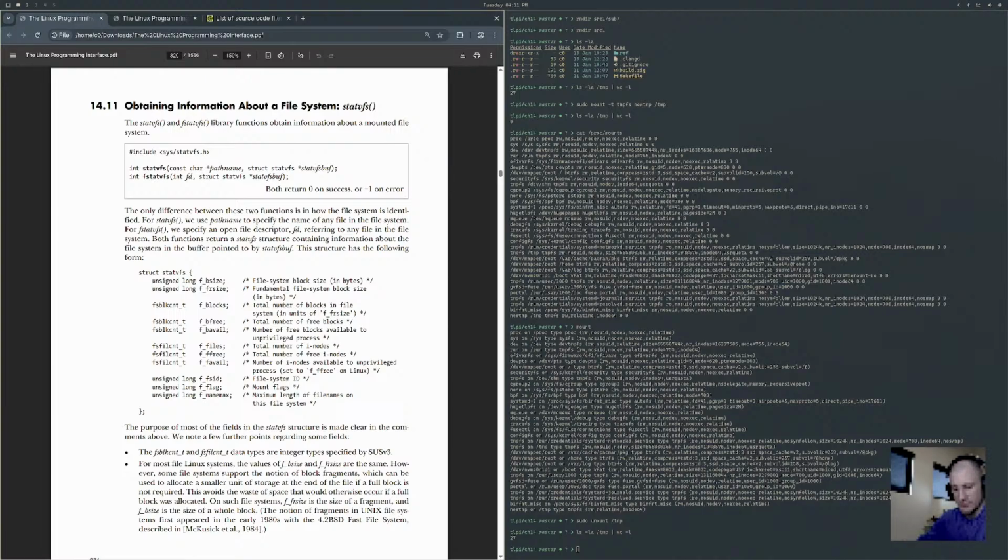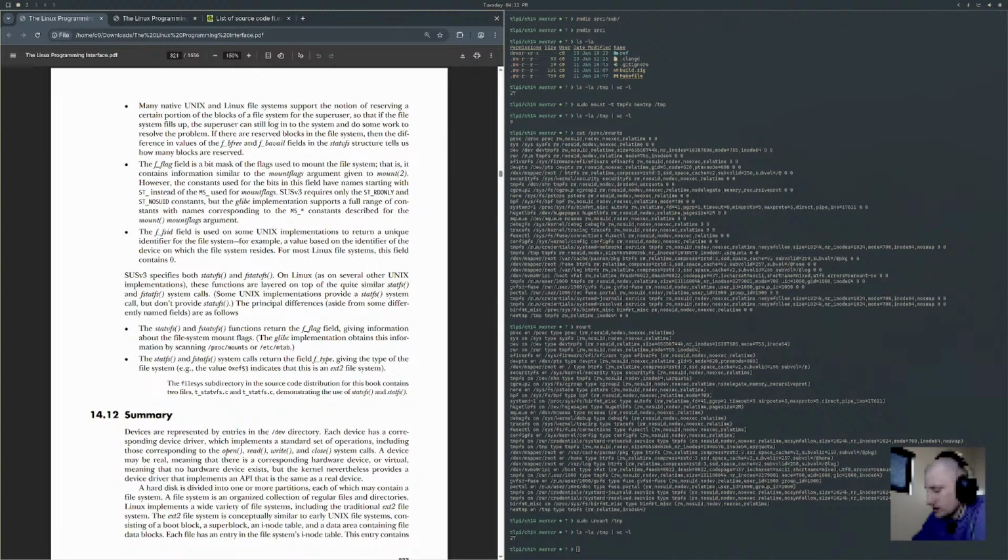However, some file systems support the notion of block fragments, which can be used to allocate a smaller unit of storage at the end of the file if a full block is not required. This avoids a waste of space that would otherwise occur if a full block was allocated. On such file systems, f_frsize is the size of a fragment and f_bsize is the size of a whole block. The notion of fragments in Unix file systems first appeared in the early 1980s.